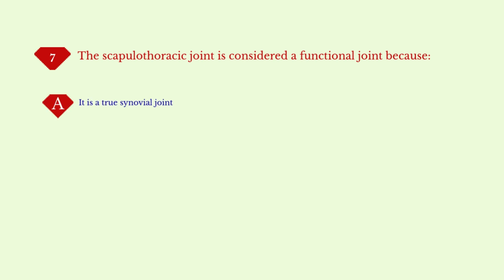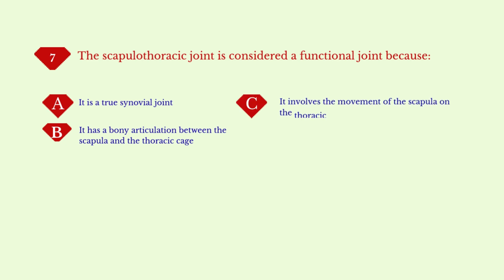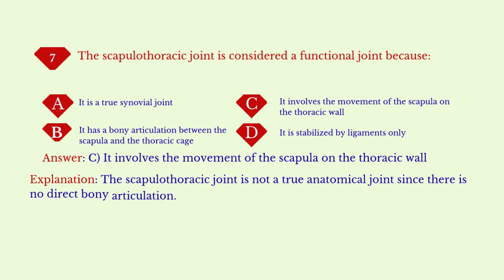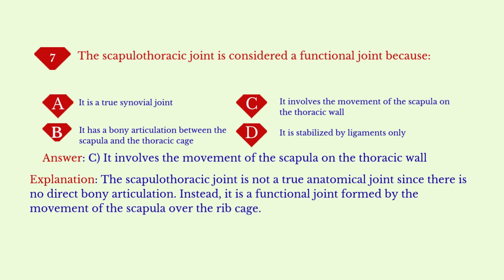girdle. The scapulothoracic joint is considered a functional joint because: A. It is a true synovial joint. B. It has a bony articulation between the scapula and the thoracic cage. C. It involves the movement of the scapula on the thoracic wall. D. It is stabilized by ligaments only. Answer: C. It involves movement of the scapula on the thoracic wall. Explanation: the scapulothoracic joint is not a true anatomical joint since there is no direct bony articulation between the scapula and the thoracic cage. Instead, it is a functional joint formed by the movement of the scapula over the rib